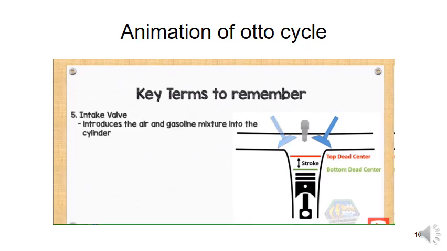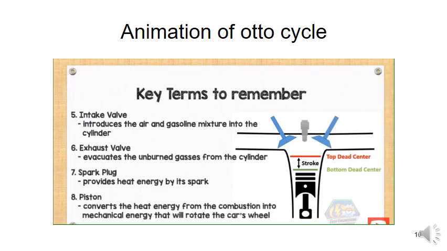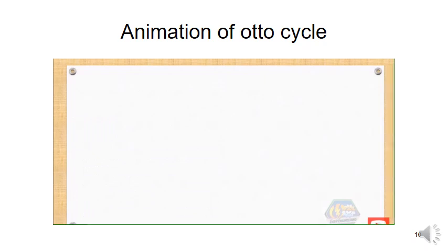As I said, a gasoline-fueled car will move by performing 4 piston strokes of the car's engine. Air is being infused in the cylinder into a valve to evacuate the gas from the cylinder. Next, the spark plug provides the energy to the cylinder, and finally the piston converts the heat energy from combustion to mechanical energy. Before the process can occur, we have to know some important terminology of this cylinder. And now we are ready for our main event, the 4 strokes.